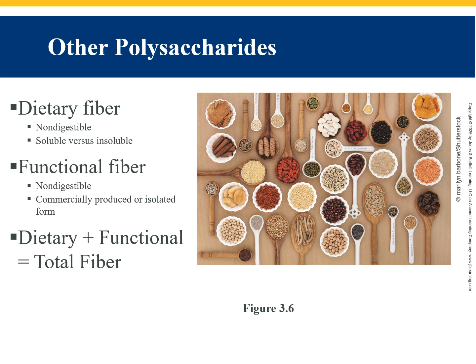Functional fiber is the non-digestible component of food. And so you'll think of cellulose as an example. If it's commercially made, it is an isolated form. So that would be like guar gums and so forth. When you add the dietary and the functional fiber, you get the total fiber for the food. So when you look at the fiber on a label, it's going to have the culmination or the addition of what's found naturally in that dietary fiber and also the functional fiber.